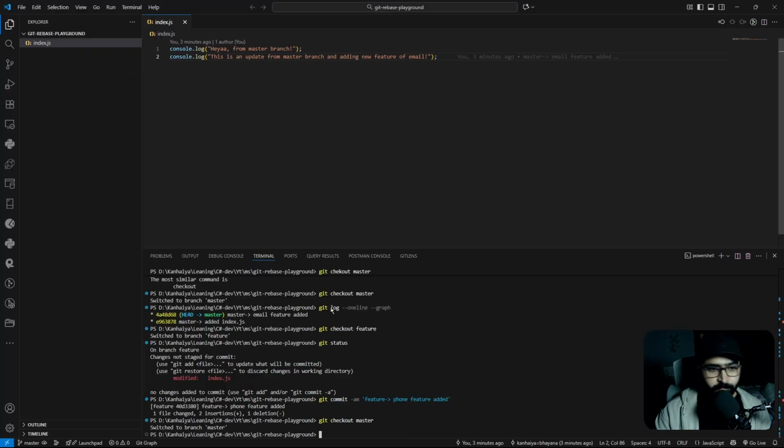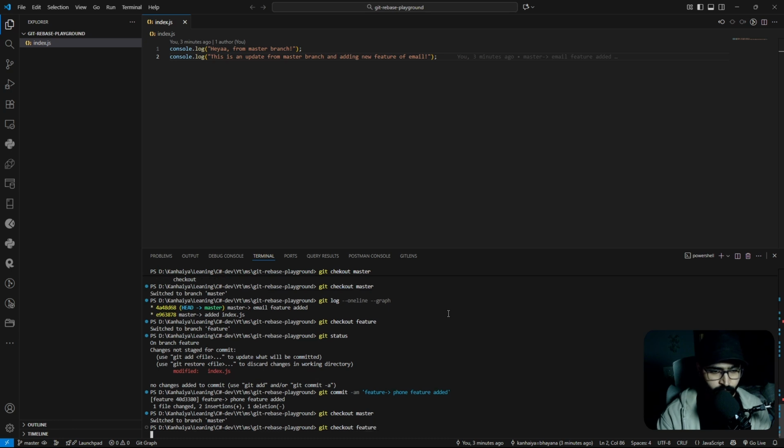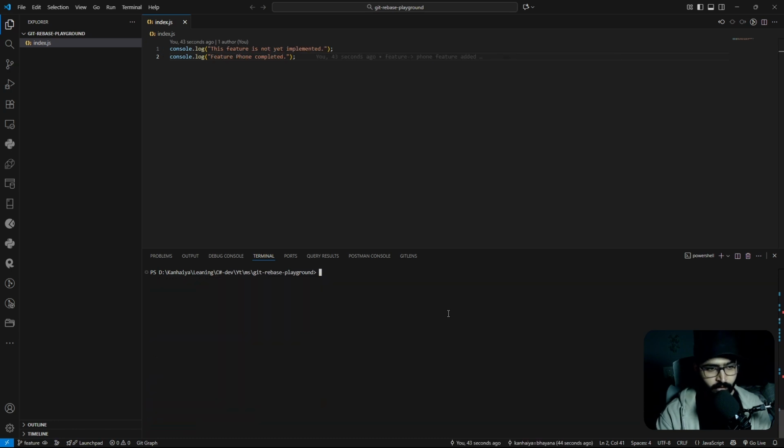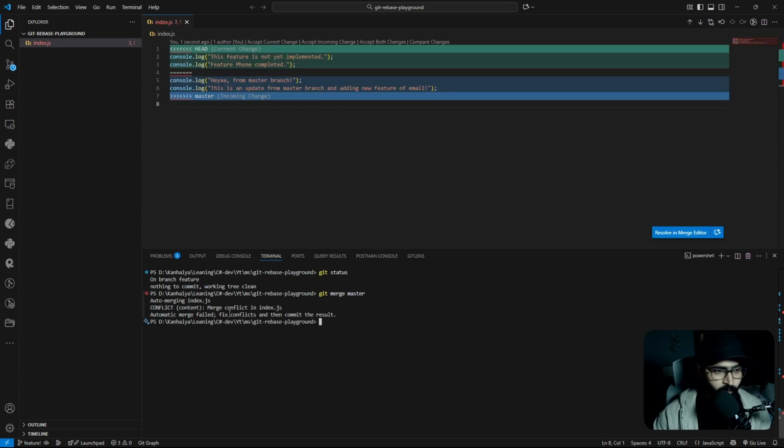The simple way, I have to go to my git checkout feature, now git status. So I'll simply do git merge master, auto merging conflict, oops,